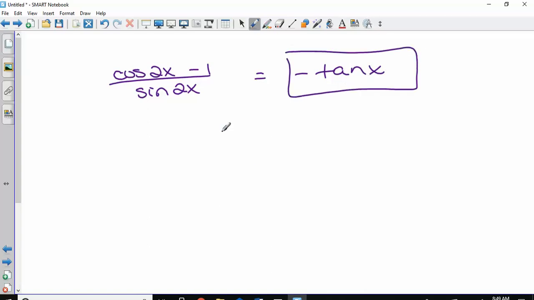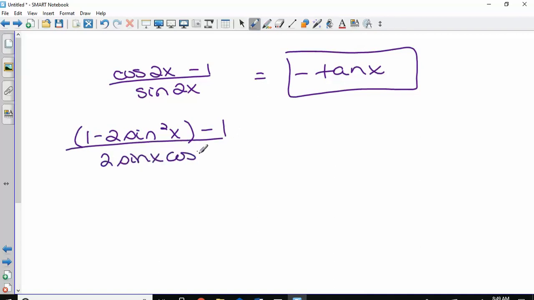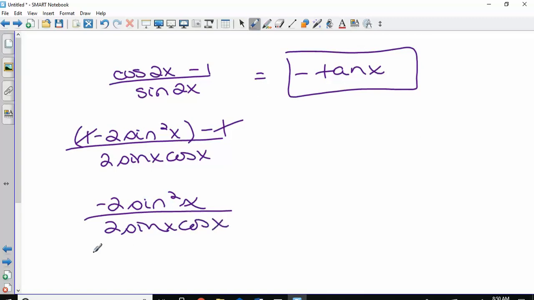Right. Okay, cosine 2x. We have 3 options. We're trying to get tangent. Tangent is sine over cosine, so we need a sine on top. So which formula involves sine? Sine 2x, we only have one option. 2 sine x cosine x. What happens on the top? Well, the ones cancel, so we have negative 2 sine squared x over 2. Then what happens? 2's cancel and